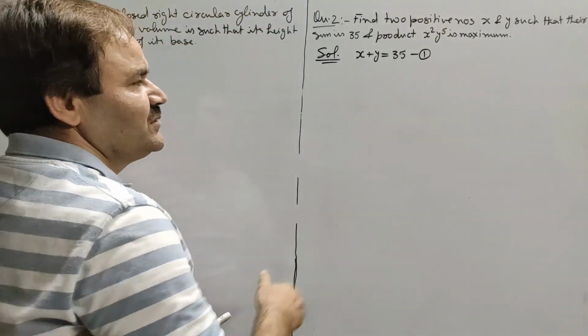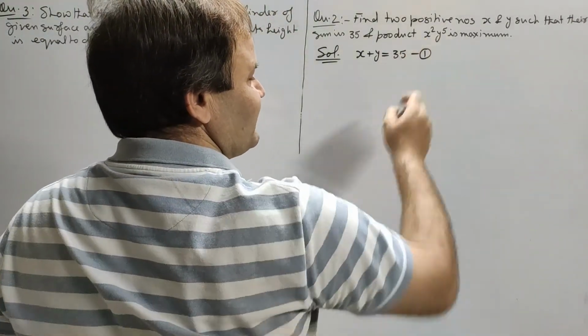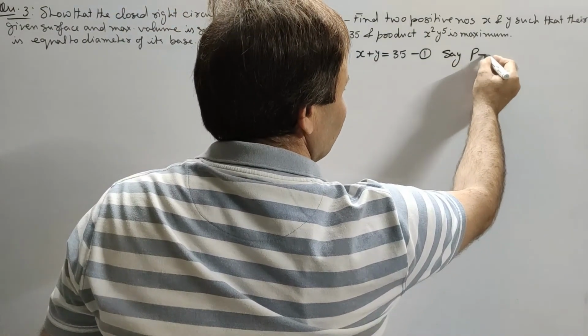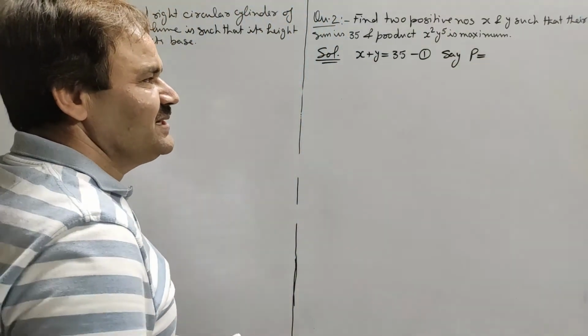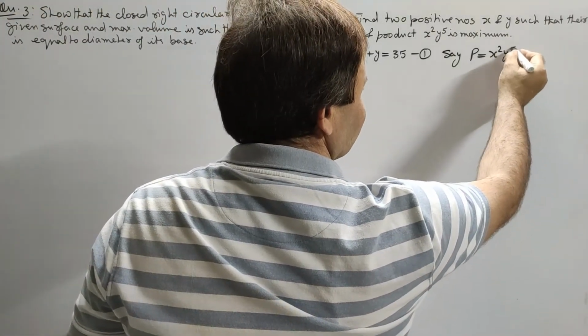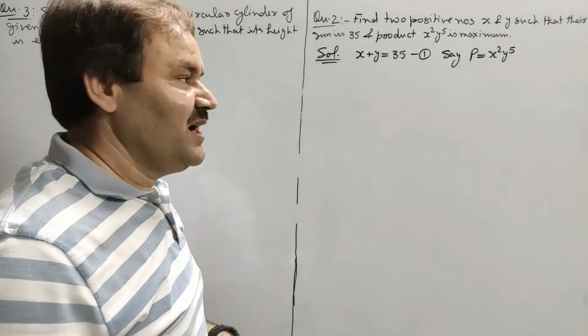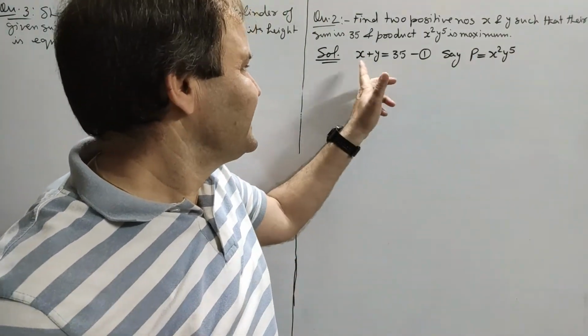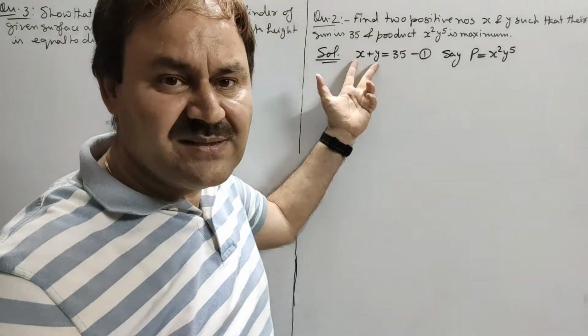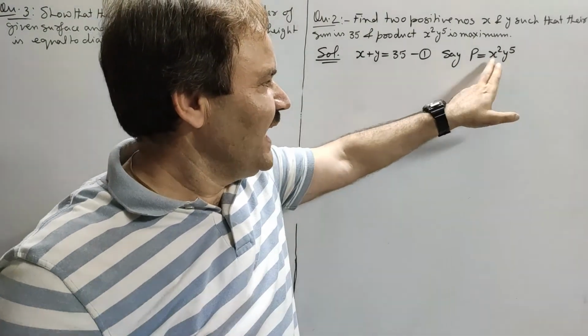Now their product is x square y^5. Say the product is represented by P. P is x square y^5. Now either we will have to write x in terms of y or y in terms of x, because x and y both are variables. So we will eliminate